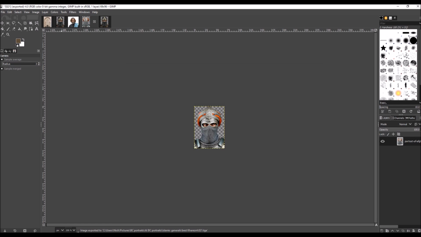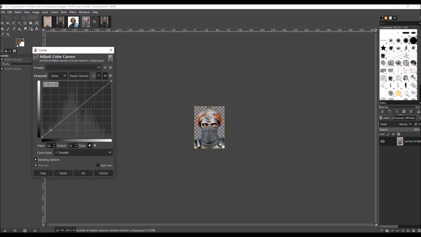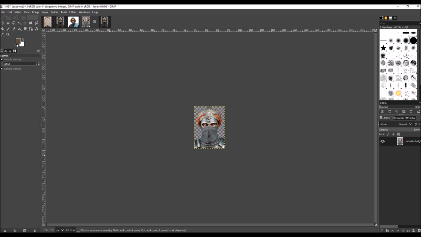Okay, and then let's go back to the image we're working on. So let's do the same thing we did with the colors, curves, a little bit grayer, eyebrows, and anything that's very dark become a little bit grayer. And then that's now the old image. Now we have to have the dead image. For the dead image,